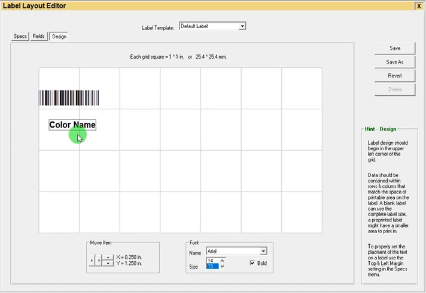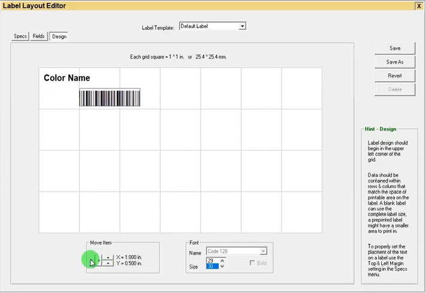I can also, while it's selected, take advantage of this here, which is called Move Item. It has a left and right arrow. It has an up and down arrow. If I want to move this item across the grid using these, I can do this by clicking on the buttons. Every time I click, it moves it an eighth of an inch in each direction. So in this case here, some might consider this a little bit more fine-tuned and a little easier to use than drag and drop. Same thing with the barcode representation. I can click, I can move it,